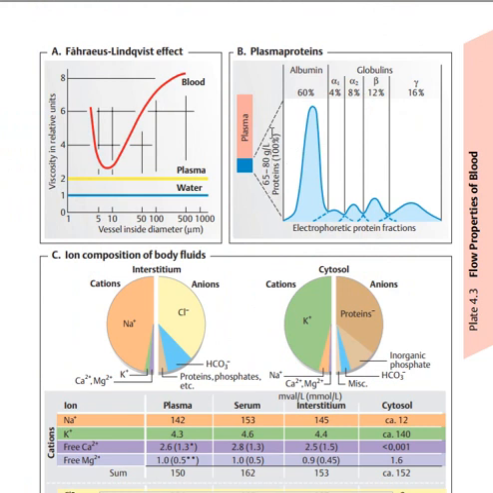So we have 65 to 80 grams per liter of protein inside blood. Of this 65 to 80 grams per liter, 60% is going to be only albumin, and then globulins are going to be the other 40%. Of this 40%, alpha 1 globulins are going to be 4%, alpha 2 globulins are going to be 8%. So the total alpha globulins are going to be 12%, beta globulins are going to be 12%, and then gamma globulins are going to be 16%, and that's why it's going to be shown on this